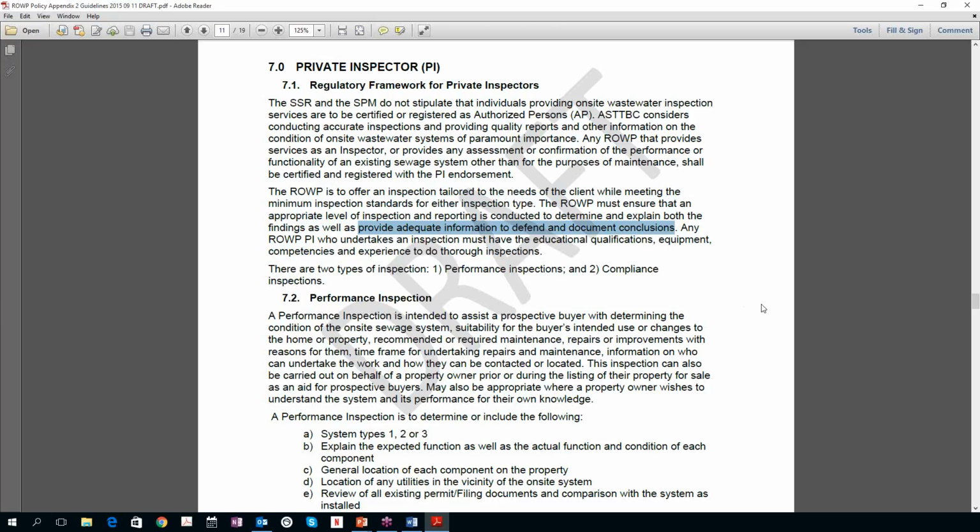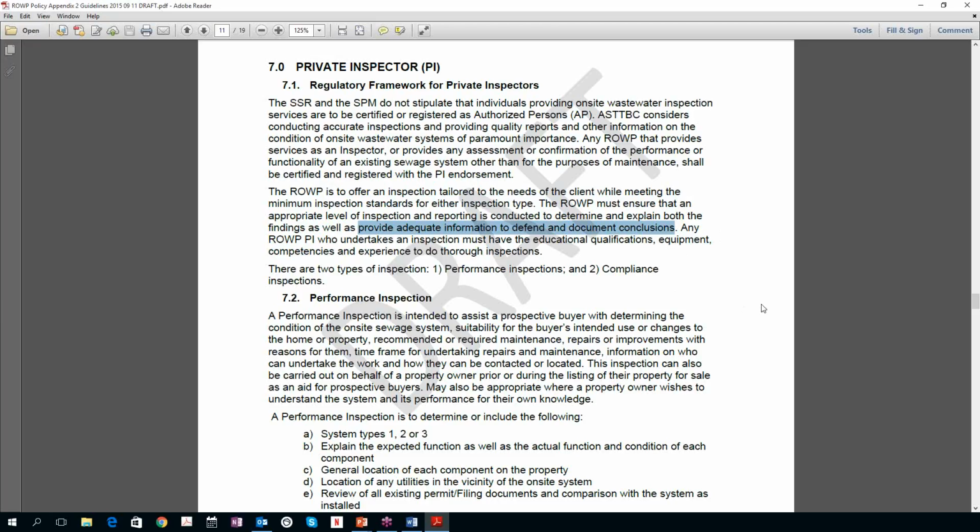We've had a lot of complaints, a lot of practice review board cases where one inspector says the system is a performance malfunction. Another inspector is hired to offer a second opinion and says everything's just fine. And in some cases, the second opinion was correct.